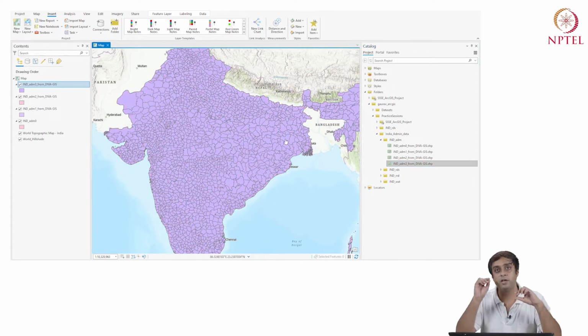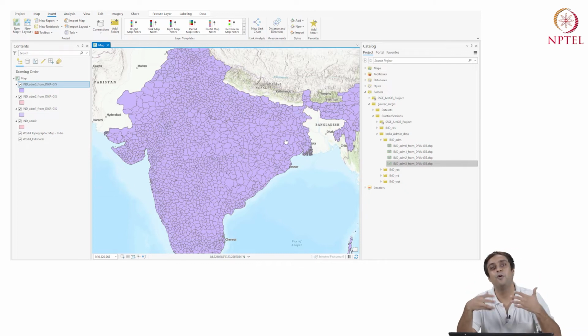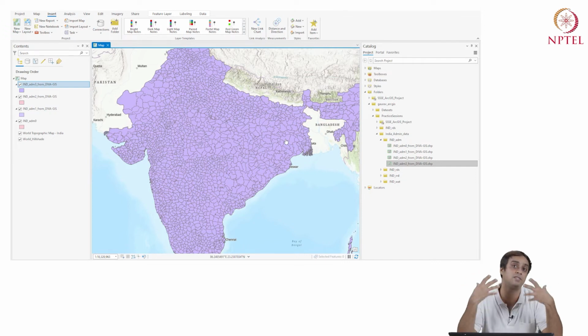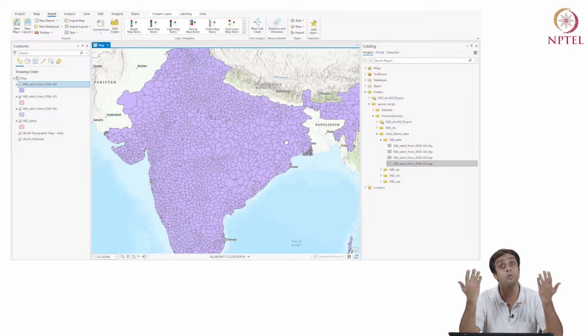Wow, it has even smaller polygons. Okay, and I guess, if you're from India, or even if you're from any country in the world, you will start to make sense of what these smaller entities are. They are basically smaller administrative units. For example, in India, we have states as administrative units. Within states, we have districts as administrative units. Within districts, we have taluks or tehsils as administrative units. So going from 0, the national level map, to the second layer, the state level map, to the district level map, and to the tehsil level map. How do I know that?